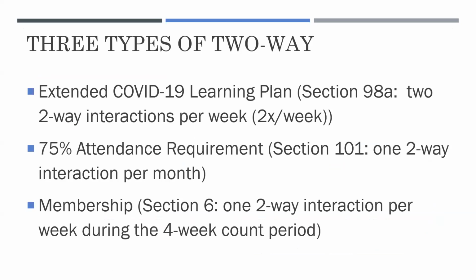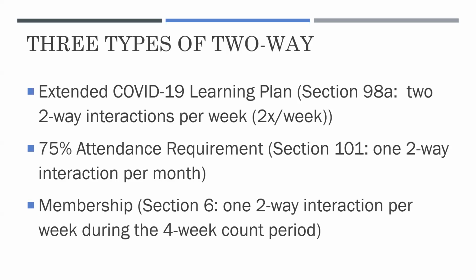All right. So getting a little bit further into things. Of course, there are three new laws, or amended in some cases, and each provides language referring to two-way interactions. So the first is our extended COVID-19 learning plan, which is now the new Section 98A, where two-way interactions are required each week. And once again, this specific two-way isn't being audited. It isn't going to have a financial penalty if you don't get to it, but this is the two-way that districts have to report on their transparency page,